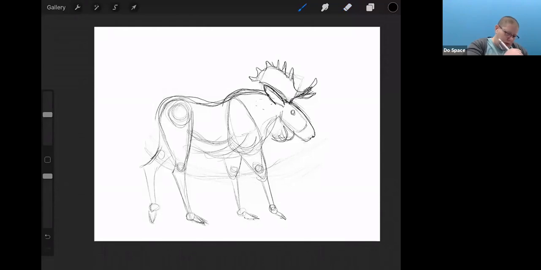There we go. Horn sits like that. His ears sit like that. All right, so this is looking pretty good. So the next thing I would do is